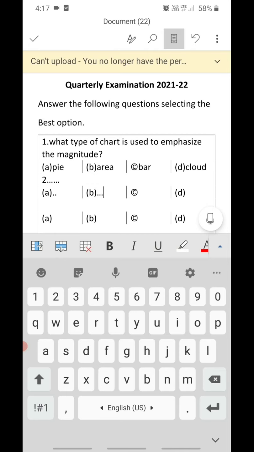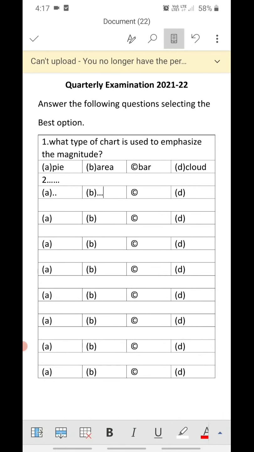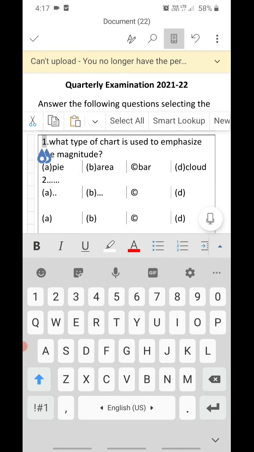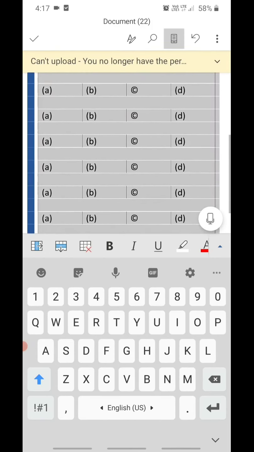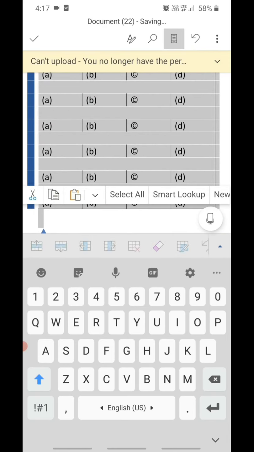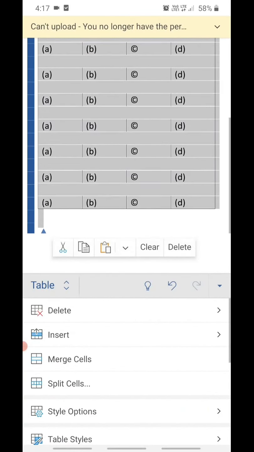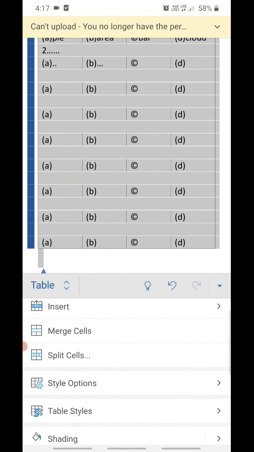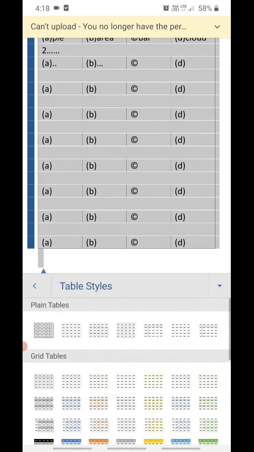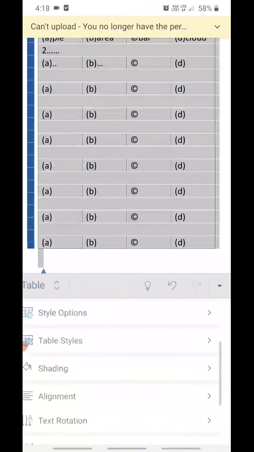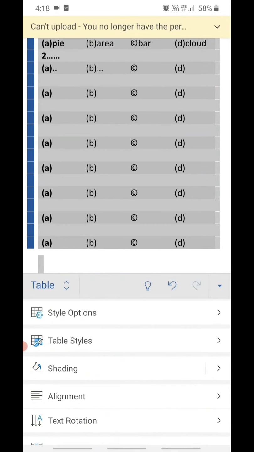So you might be thinking, why is this border coming, we don't want this border. So what I am doing, selecting the table, from the beginning just drag your fingers till the end, and then a small arrow towards the right of your screen, click it, then go to table styles, table style options. You can see here I'm clicking on table style options, and on that I'm selecting this one with no borders. Sixth option I'm selecting, and the borders will be gone. Here you can check.